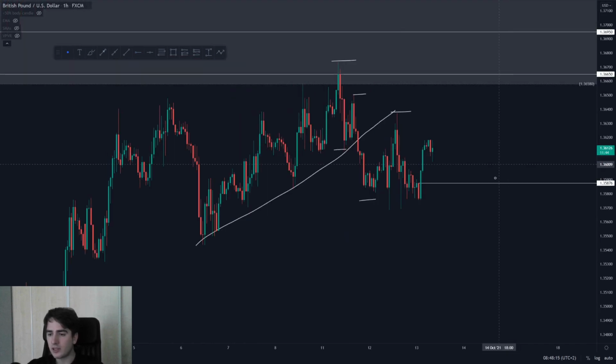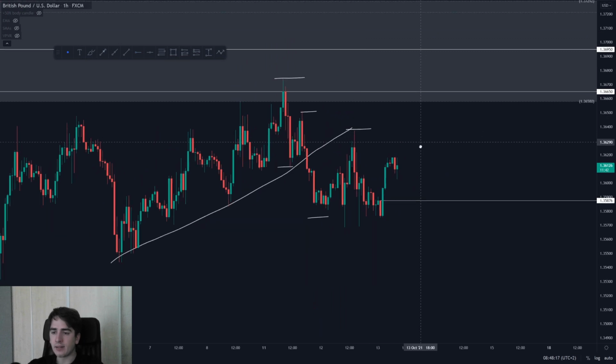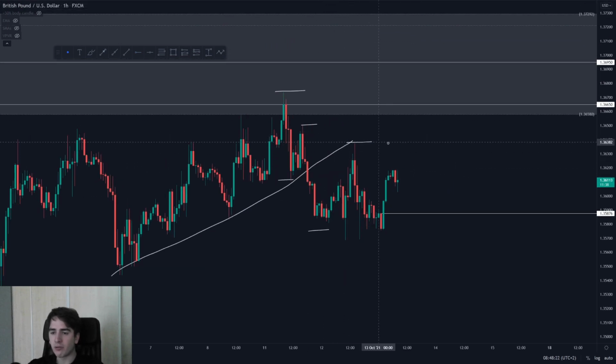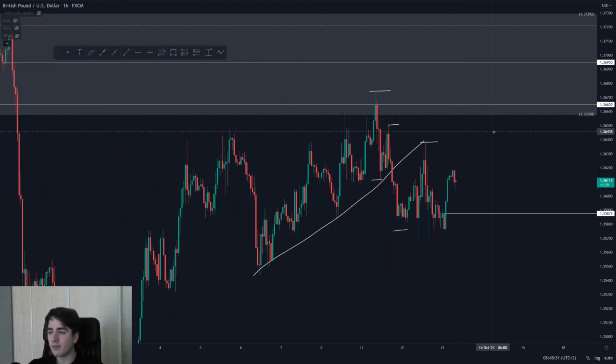So yeah, this is my 1 hour level for today, and for the rest, not really any areas of obvious supply for me which are fresh, so therefore not really going to point anything out. Let's say we do move back down in towards lows, just wait and see how we react to this level of 1.35876, and for further upside I'll just be mainly monitoring